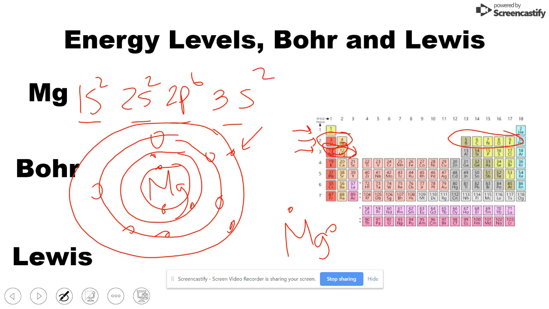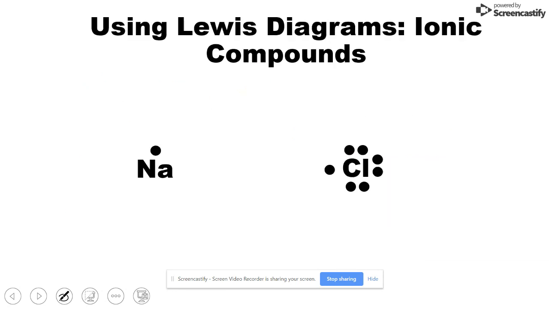Okay, so what is the point of focusing on these Lewis diagrams? Well, they allow us to predict the compounds that are going to be formed from these elements. So here, for example, I have 2 different Lewis diagrams, one for sodium and one for chlorine. And notice again that we're only looking at the valence electrons, so the electrons in the outermost shell. So for example, for sodium, sodium's outermost shell would be 3s1. So I'm looking at that 1 electron in the third principal energy level, whereas chlorine would have